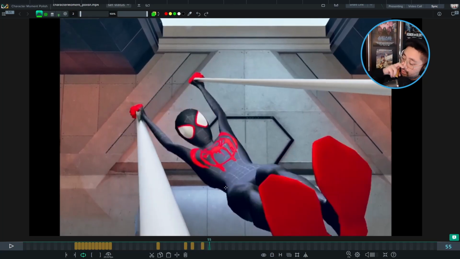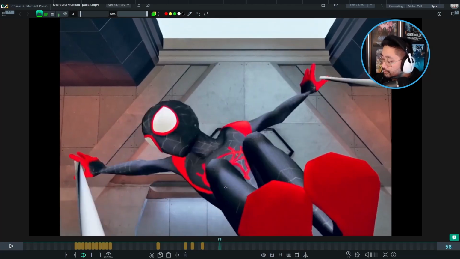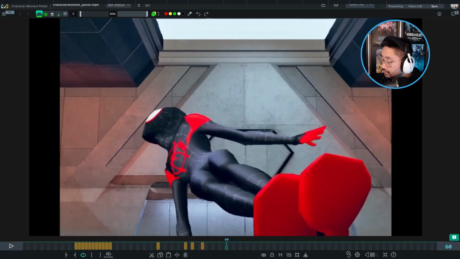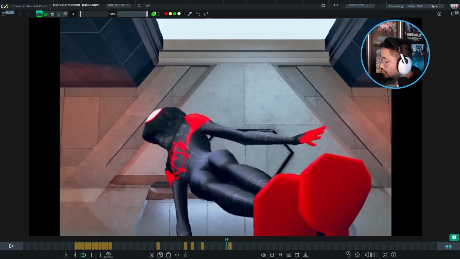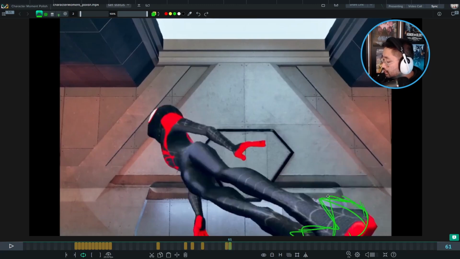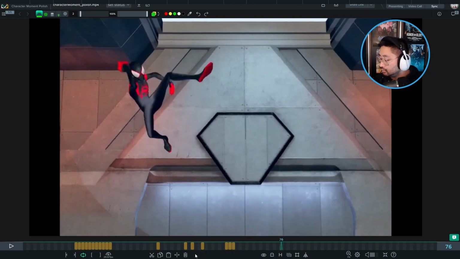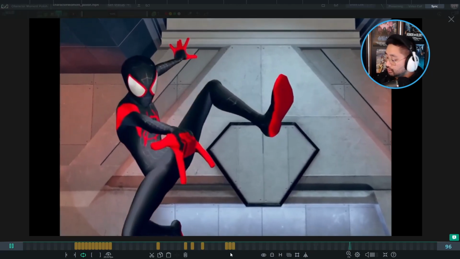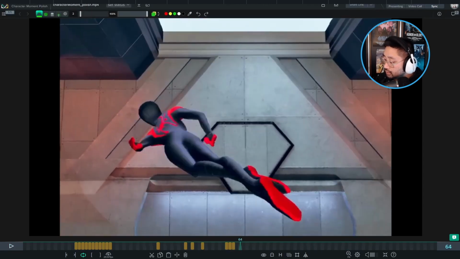I spent quite a bit of time on the contact of the feet and stuff, so I'm not too worried about that. Maybe one more frame here of red, or maybe just a little bit more toe left behind. That way this leading edge is coming down. Cool. And then I think on this back end, it might just be cleaning up some arcs and making sure that